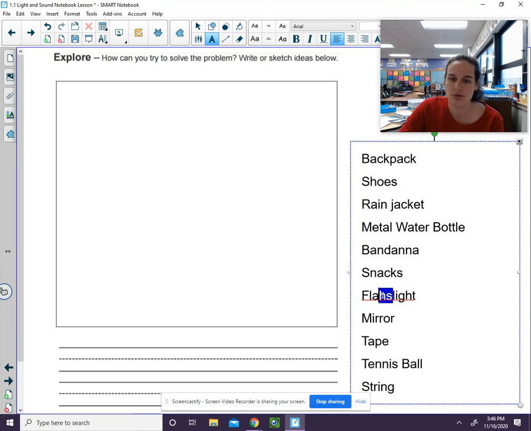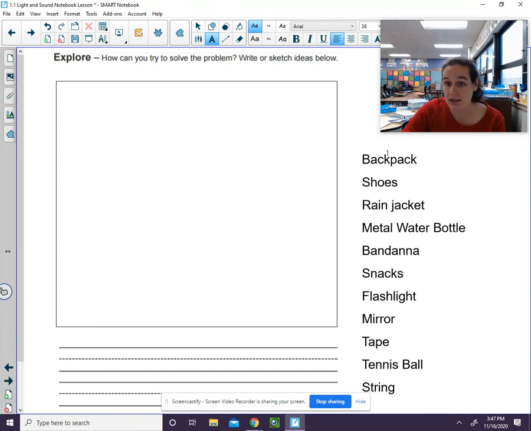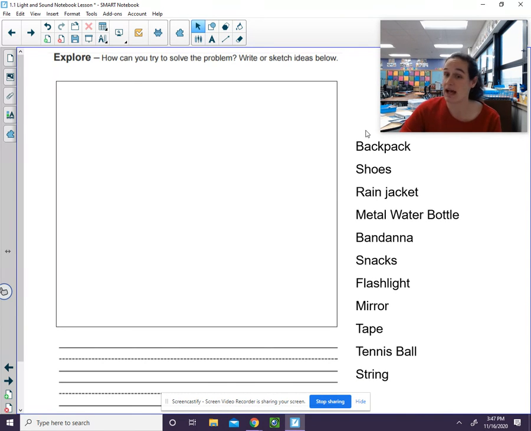So how could you use any of these things to either make a noise or make sound, or use it for light? Because that's what we've been learning about, is using light and sound. And how can we use light and sound to communicate? So I want you to think of some ways we might be able to use light or sound to communicate through the forest. You go ahead and you draw your idea over here using any of these available materials, because